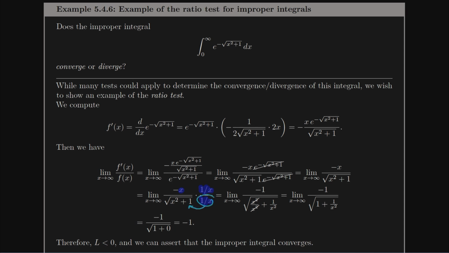Well, to pull something inside the square root, I'm going to have to square it. So it's going to square through, and it's going to pull into the denominator of the denominator as an x squared in both cases. But of course, in the first case, x squared over x squared, those are going to cancel. I'm just going to have 1 out of that term and a 1 over x squared out of the other term. Well, what is the limit as x goes to infinity of 1 over x squared? It happens to be 0. So this ends up looking like the ratio of negative 1 over root 1, also known as negative 1.